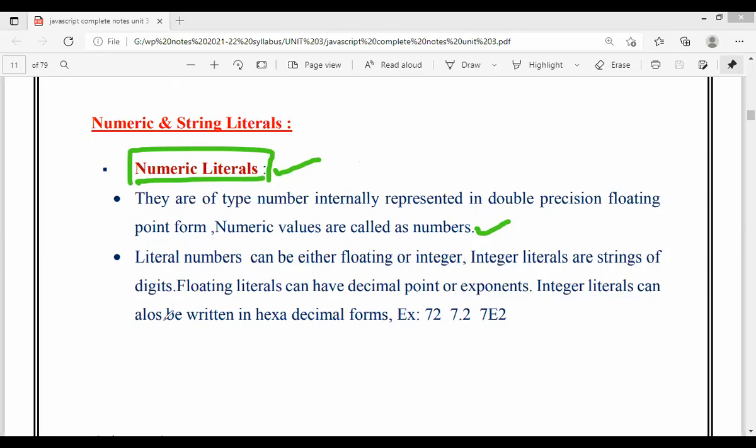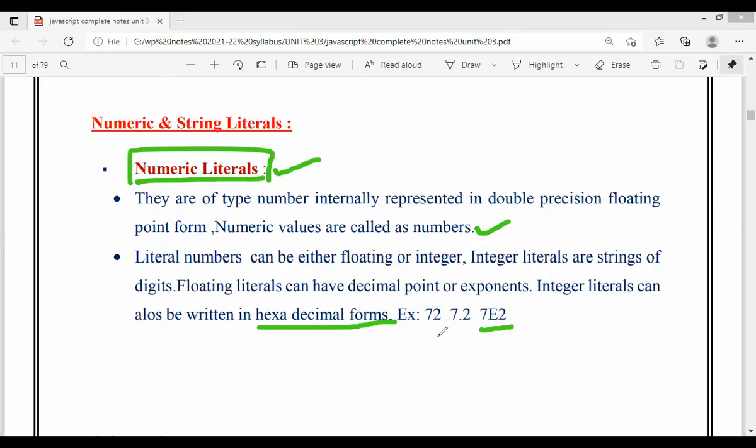Integer literals are strings of digits. Floating literals can have a decimal point or exponential. Integer literals can also be written in hexadecimal form. So this is the representation of numeric literals. They can be integer or floating. You already know what integer numbers and floating numbers are, and we can also write integers in hexadecimal form.